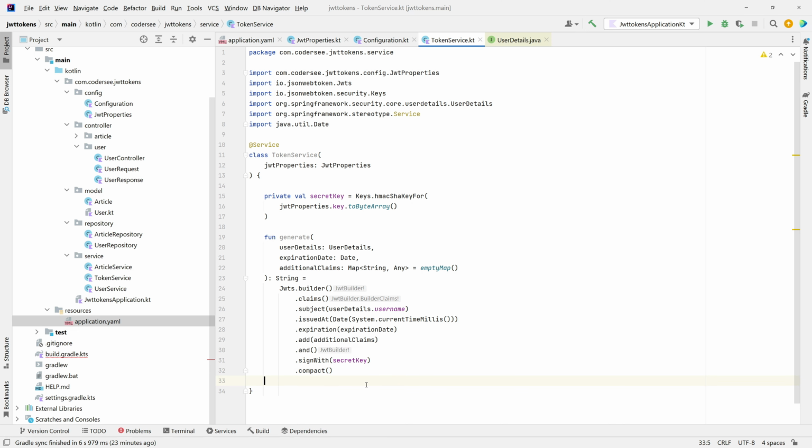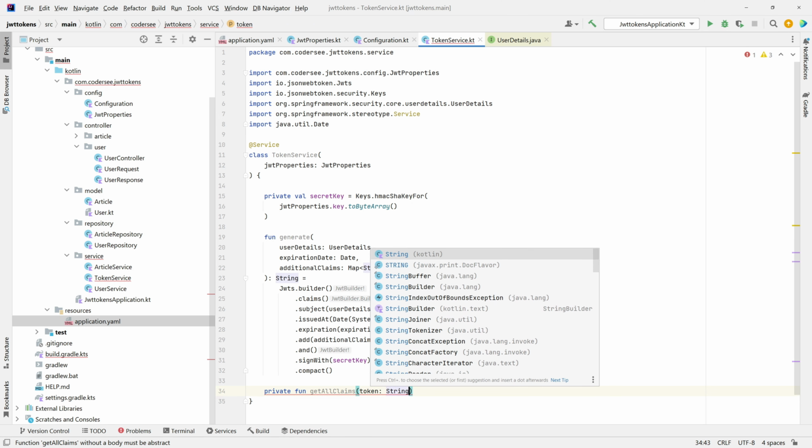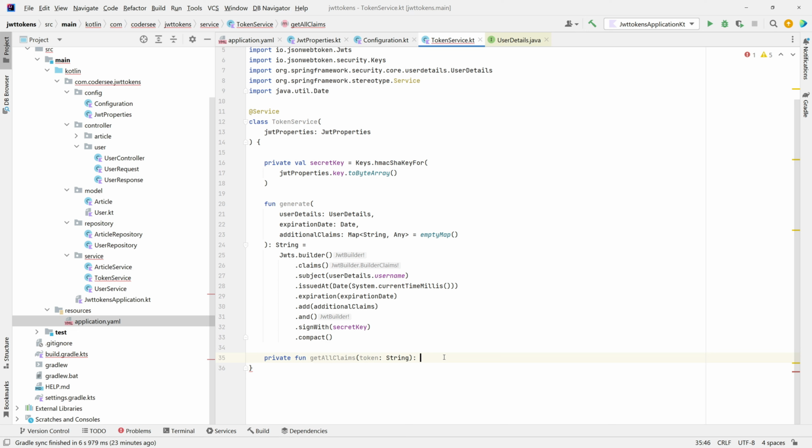The first useful utility function will be a private function getAllClaims, which will take the JWT token as a string value and extract claims from it. It will be used later to validate something. So private fun getAllClaims. As I mentioned, it will take token as a string, token string, and it will return claims from the